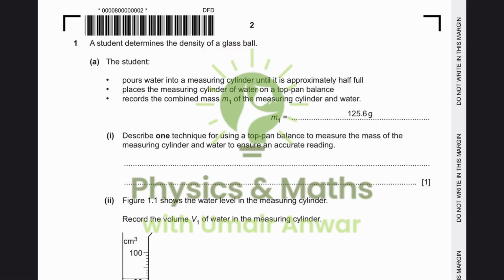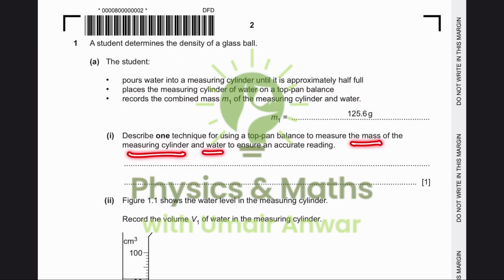So the method being used is, the student pours water into a measuring cylinder until it is approximately half full. Then places the measuring cylinder of water on a top pan balance so that the mass of the measuring cylinder with water could be recorded. Records the combined mass M1 of the measuring cylinder and water, and the reading of the mass is given to be 125.6 grams. Now, part 1 says, describe one technique for using a top pan balance to measure the mass